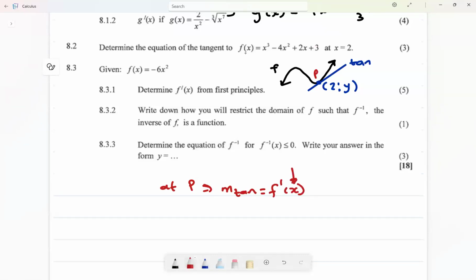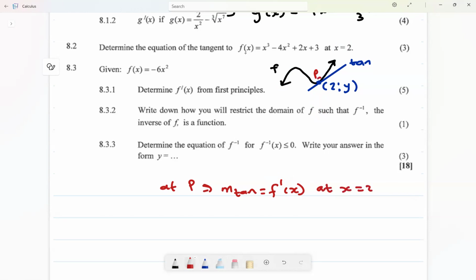So let me explain this. This derivative of f is just the gradient of the whole function, okay? But I want to find the gradient at this specific point. I need to know exactly the specific x coordinate here. In this case, I know. What is the x coordinate there? The x coordinate in here is 2. So at x equal to 2,